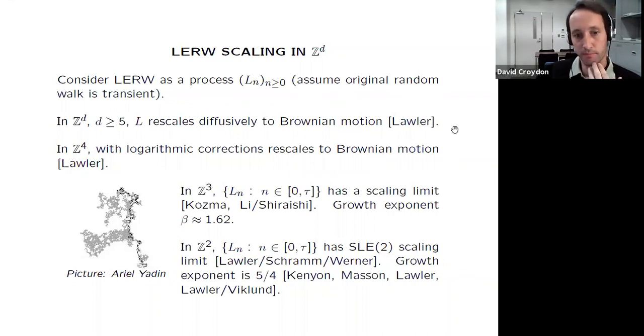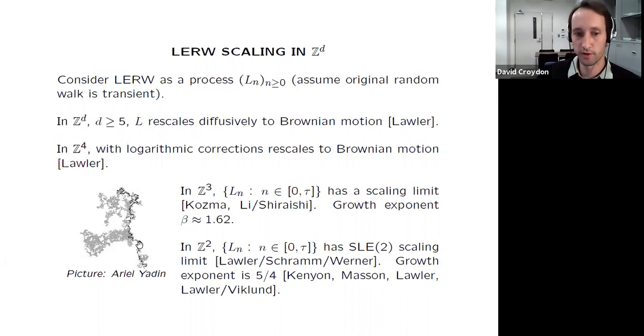The situation becomes a little bit more interesting in the lower dimensions, or I should say much more interesting. And here, the self-intersections of the random walk really do start to matter. And so what's meant to be shown in this picture is a 2-dimensional random walk run from, say, one point to another point over here. It's a little bit unclear, but the black path that you can see is the loop-erased random walk, and the gray part is all of the range of the random walk that was seen up to that time. So it's all the vertices that were deleted. And you can see that we've deleted quite large sections of the path here.